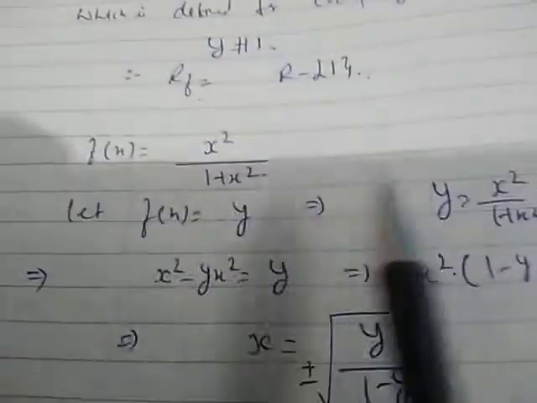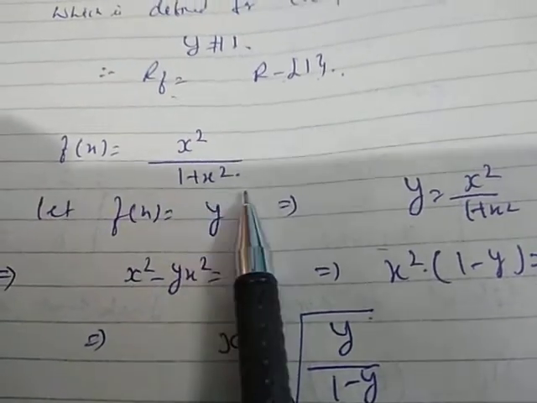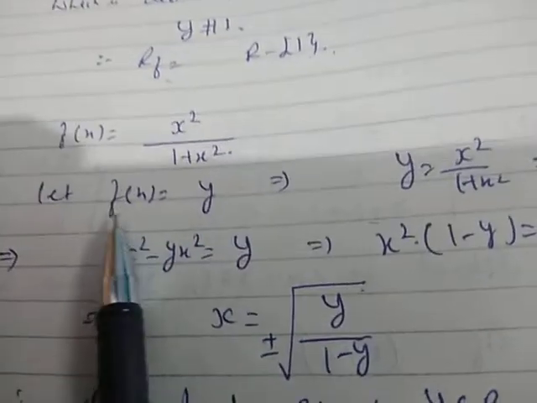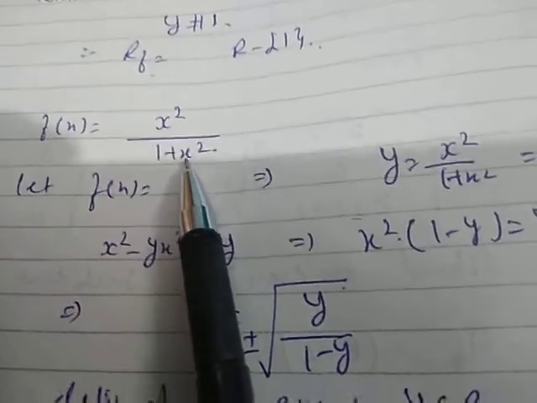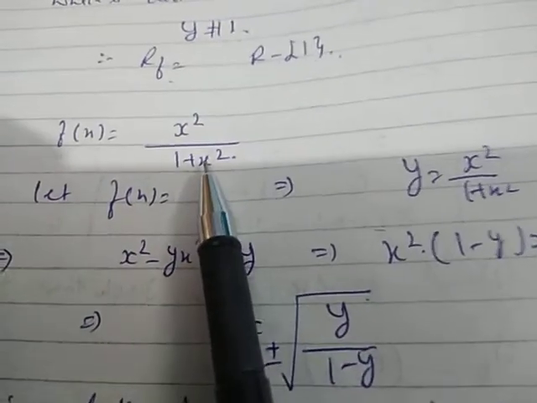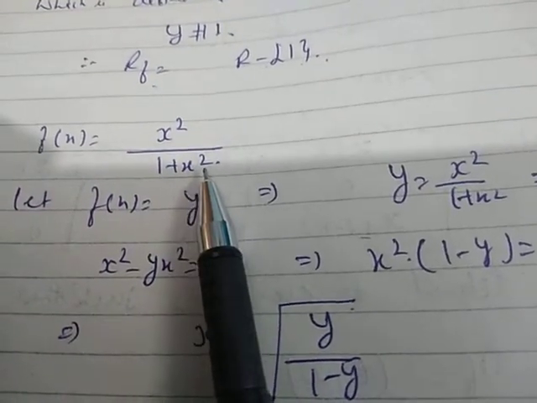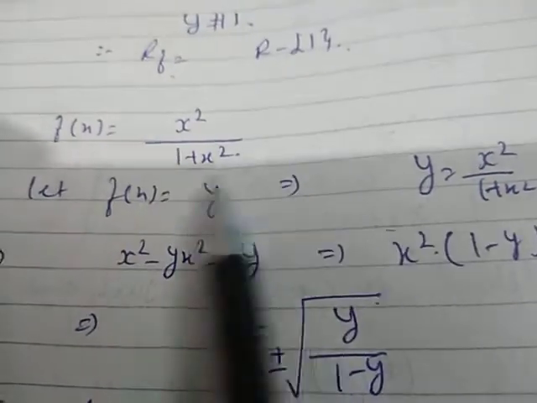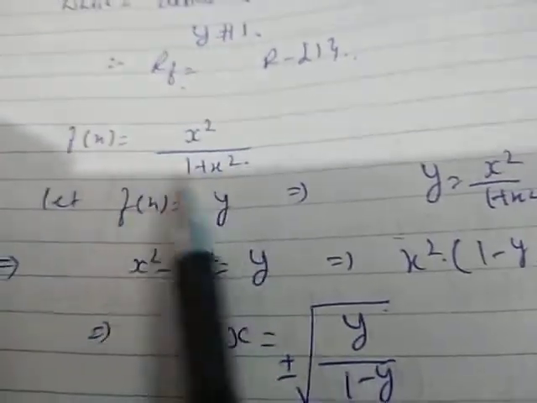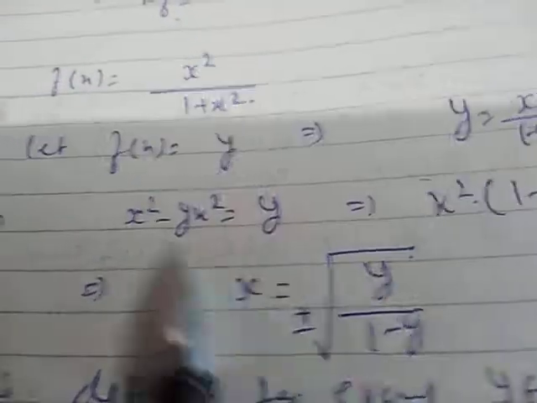Now children, the next part is f(x) = x²/(1 + x²). Since there is no restriction on x, if x is equal to 0, then the denominator will be 1. When x is a negative quantity, then also the square of a negative is positive, so it will give you a valid value. That means there are no restrictions on x. Therefore, the domain is the real numbers.